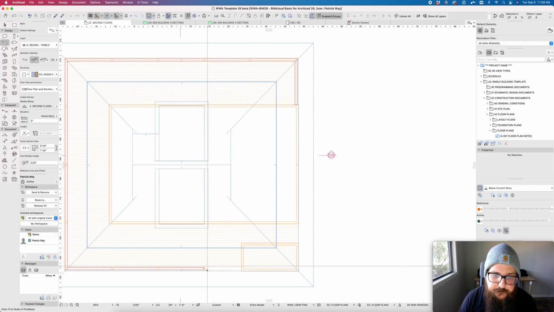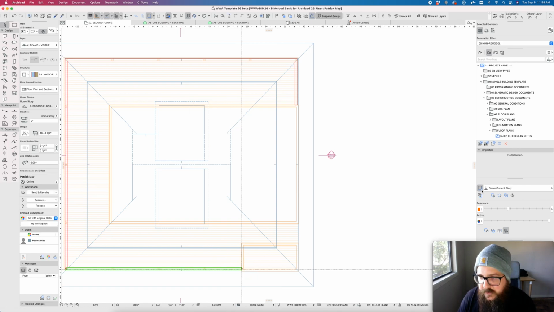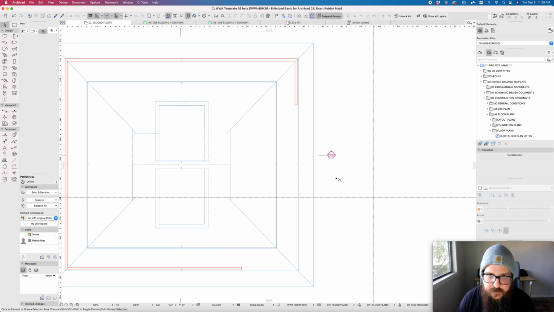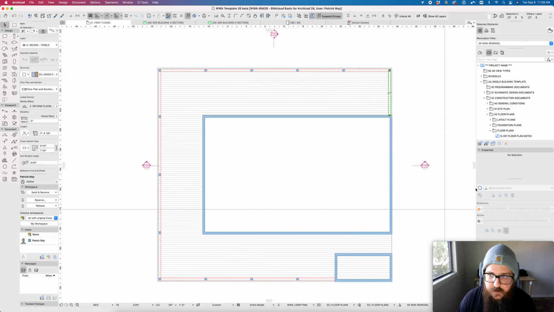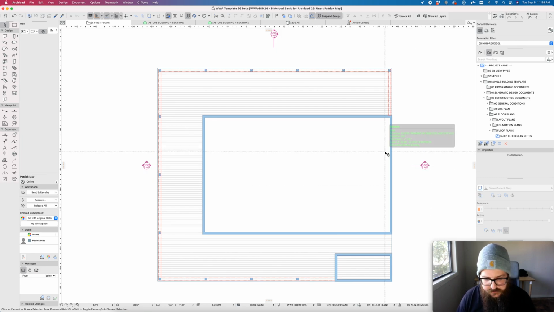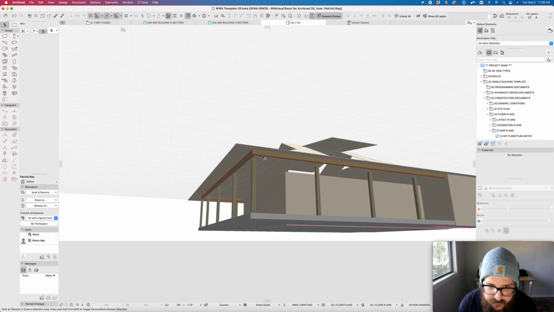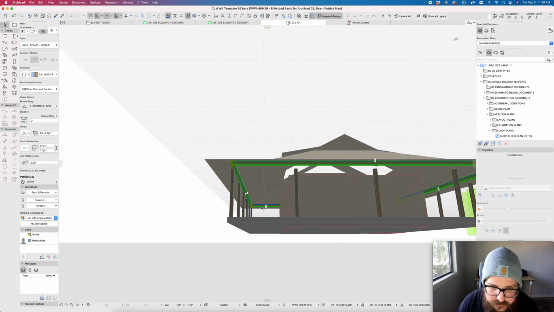Something like that. And because it was set to home story and 1 story below, if I turn my trace reference off and drop below this story, I should see it with dashed lines there. And what that means is that when the story settings change, that beam is going to move up with the story below. I can come in here and refine where that sits by clicking on it and adjusting it